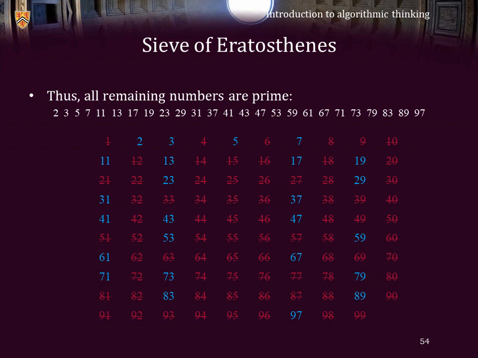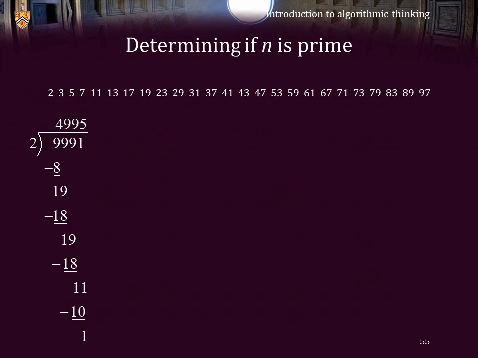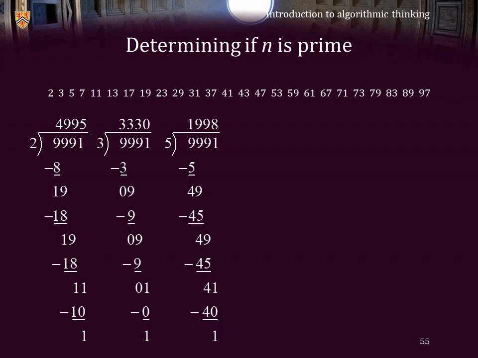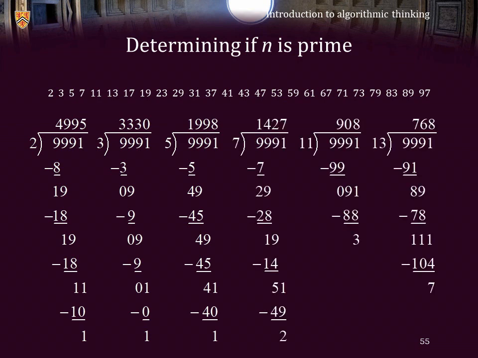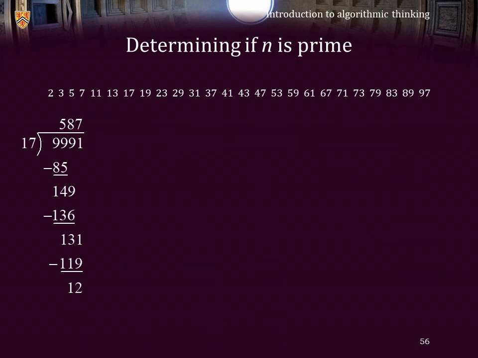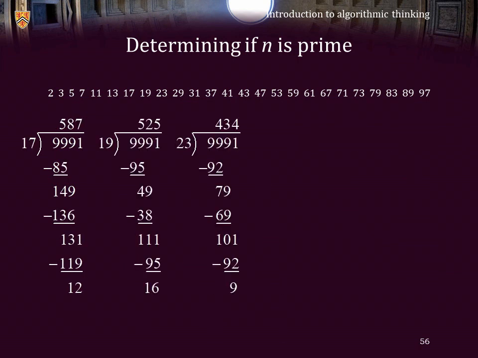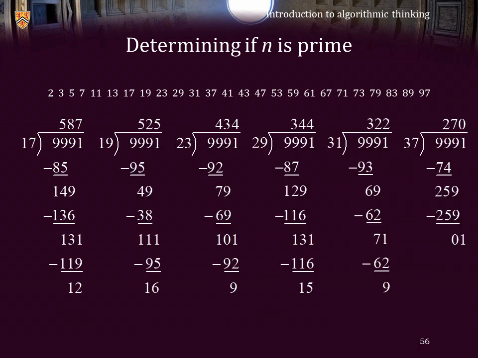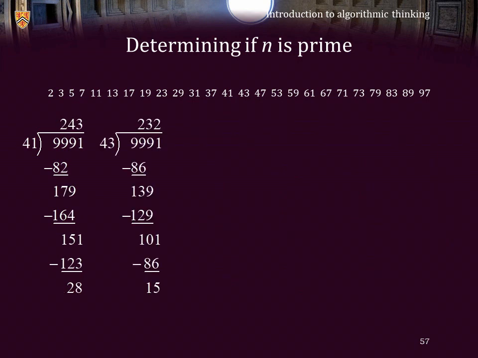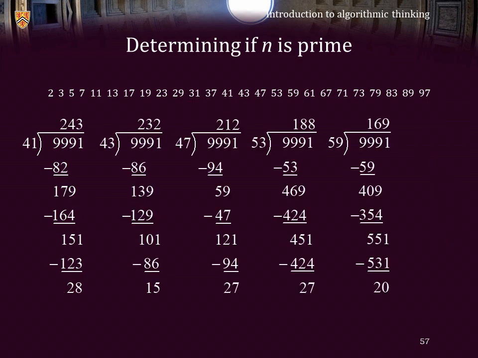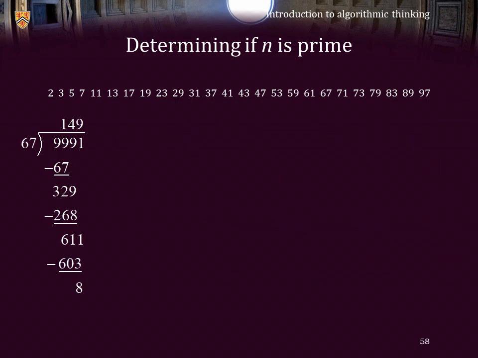Okay, so now we have all primes less than 99, and therefore we will now try dividing 9,991 by each of them. Here the remainder is 1, remainder is 1, the remainder is 1, the remainder is 2, the remainder is 3, remainder is 7. Carrying on, and on, and on,